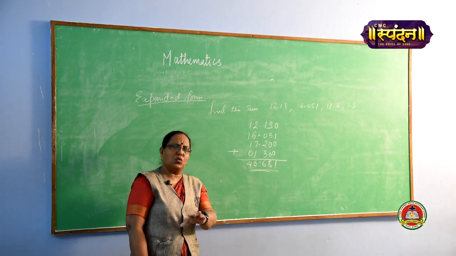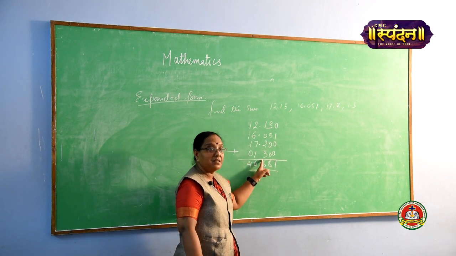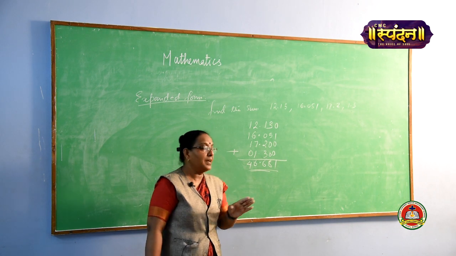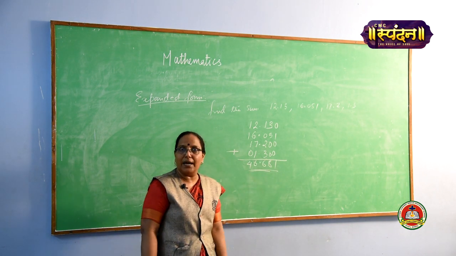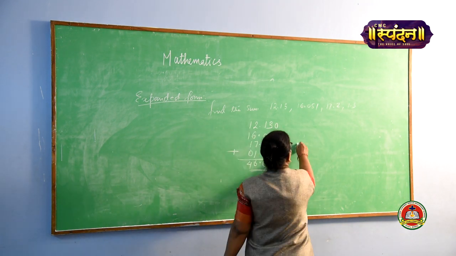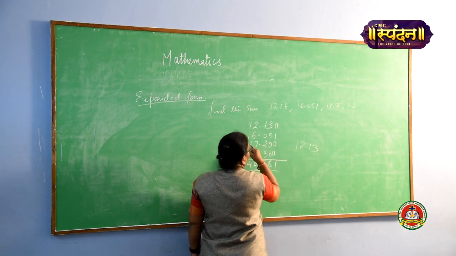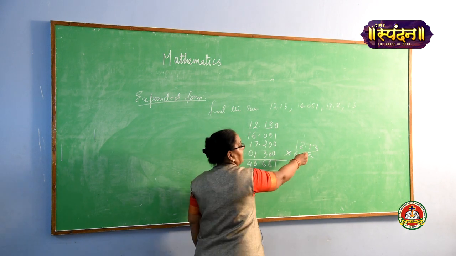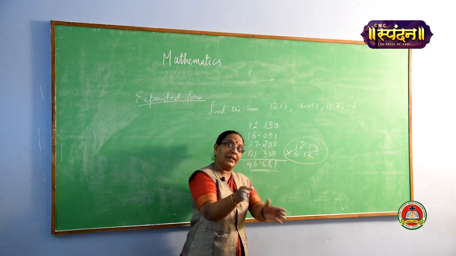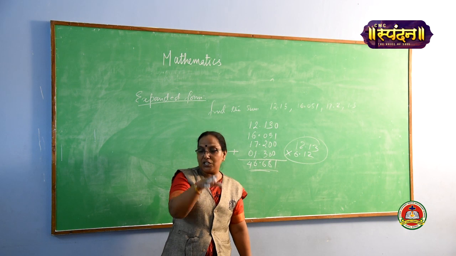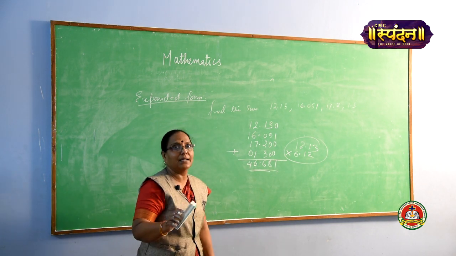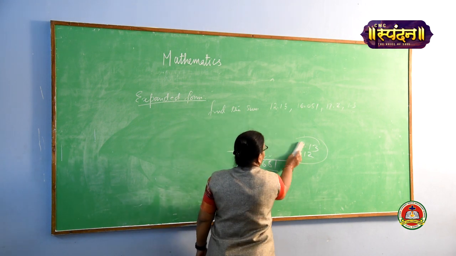46.681. That means you know very well, only the position of the decimal should be correct. Rest all the digits at the correct place value in the column manner, and then you have to add it. You are not supposed to write like this 12.13 and then suppose it is 6, so write 6.12 like this. It is wrong, totally this is wrong. You are not supposed to write anywhere any decimal point. Position of the decimal would be column wise in the correct manner, then only you will get the correct answer.